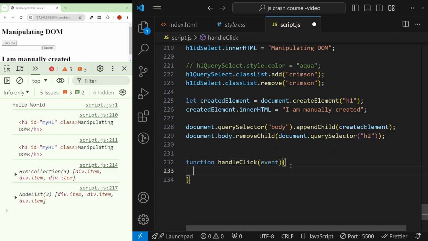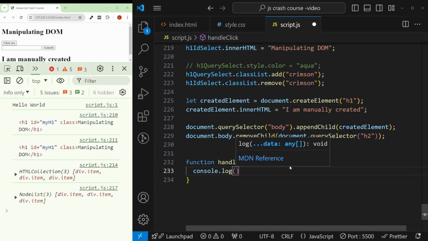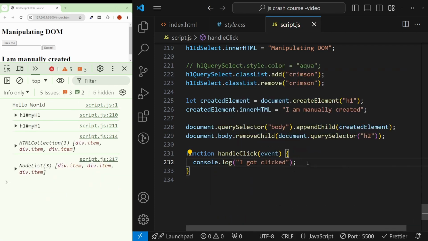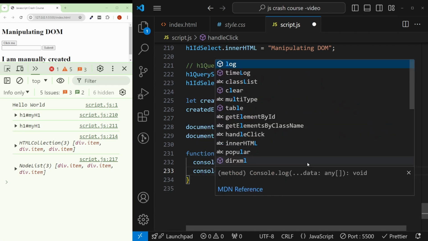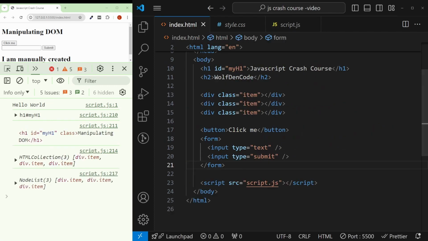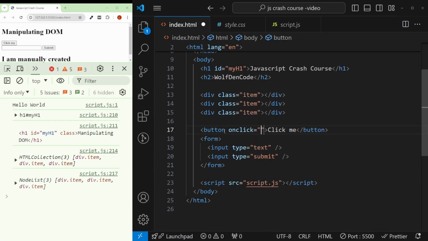Now this event parameter, I will first of all console log that I got clicked, and the event parameter will let you get some information of the actual button that was clicked, and I will also console.log out the event. No matter what, if we still click the button, it won't work. However, if I come here to the button and access an event called onClick, it will help me out, and I can put here the handle